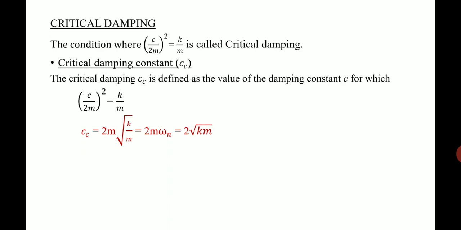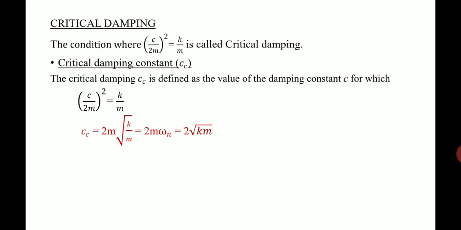Okay, c is actually the damping constant or damping coefficient. Cc is the critical damping coefficient, which means that at that particular value of the damping constant, the term (c by 2m) the whole square will be equal to k by m. This is achieved at critical damping. Now analyzing the equation, (c by 2m) the whole square is equal to k by m. As we have said, this condition is possible when c is equal to Cc. So we can write Cc is equal to 2m into root of k by m from that equation. Now you know that root of k by m is actually the natural frequency omega n. So it becomes 2m omega n.